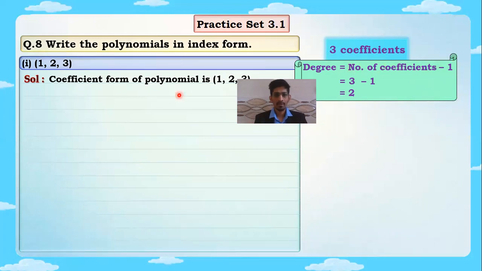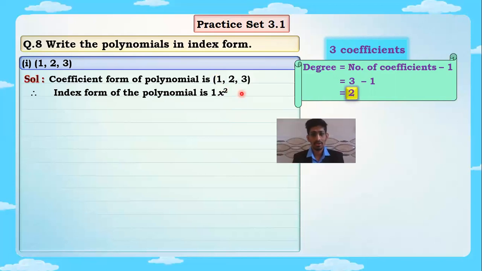Along with any variable. Suppose I am taking, यहाँ पे पहले तो coefficient क्या है 1, so we are going to write 1. Any one variable. Suppose I am taking x over here, डिग्री कितना होना चाहिए 2, हाईएस्ट पावर रेज टू 2 होना चाहिए, तो we are writing 1 x raised to 2. After this the next coefficient is 2, तो 2 को लिखना है, which sign, nothing is there, मतलब प्लस साइन, तो plus 2 x raised to 1, नहीं लिखोगे चलेगा, no problem. Constant term is what? It is 3. So plus 3. Don't write x with that.